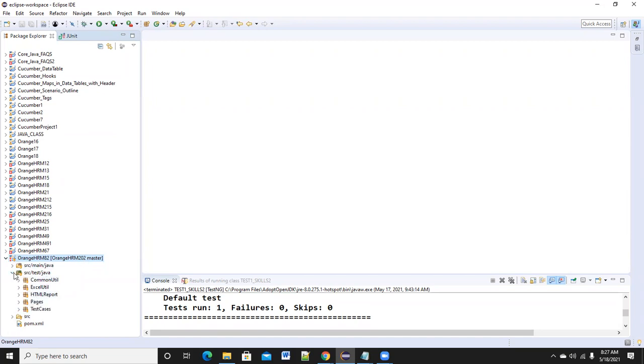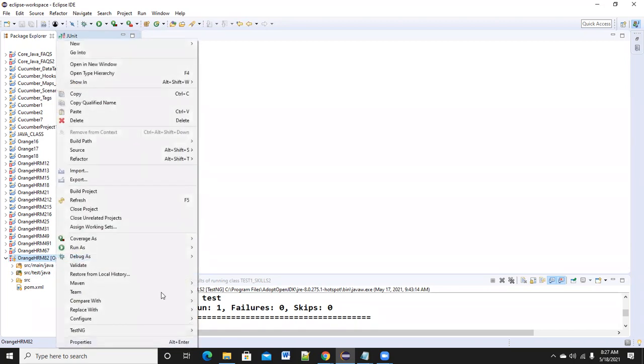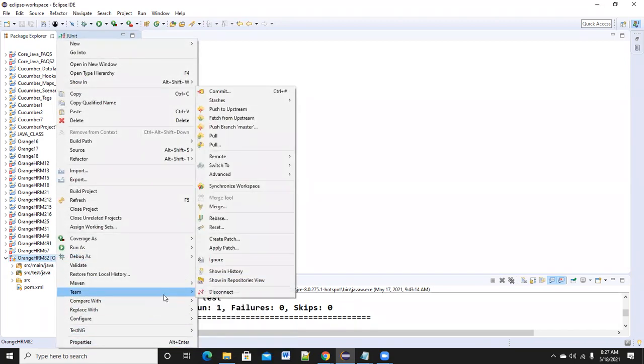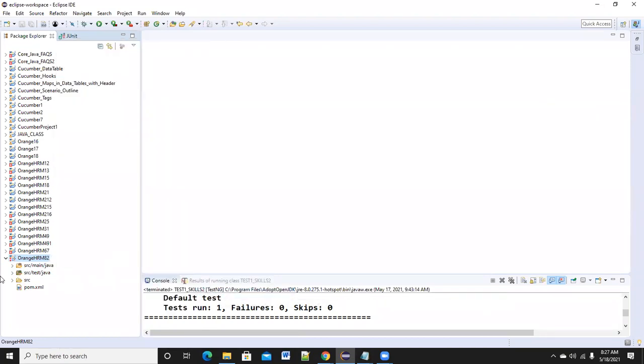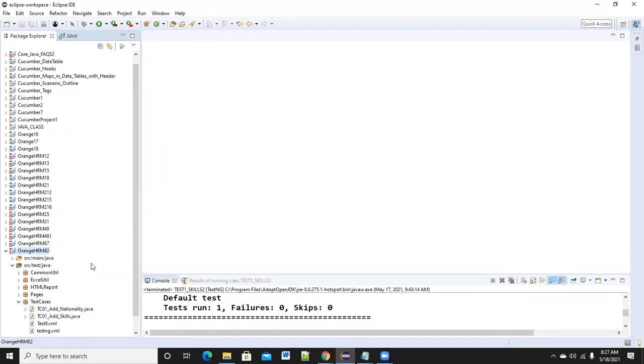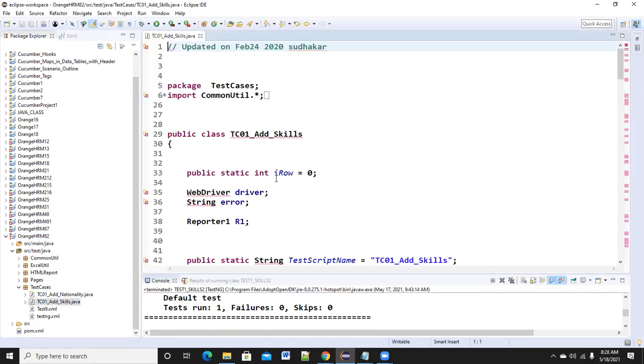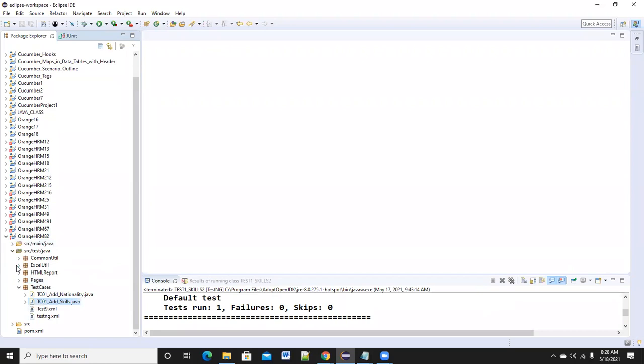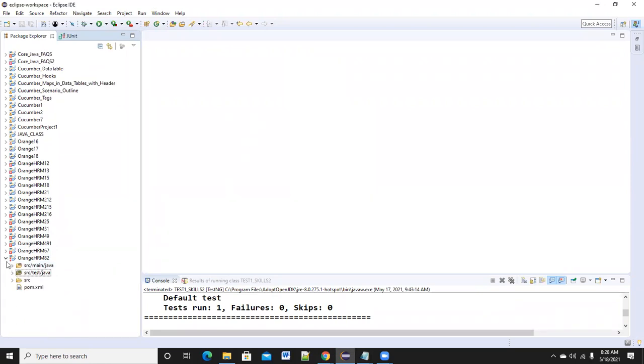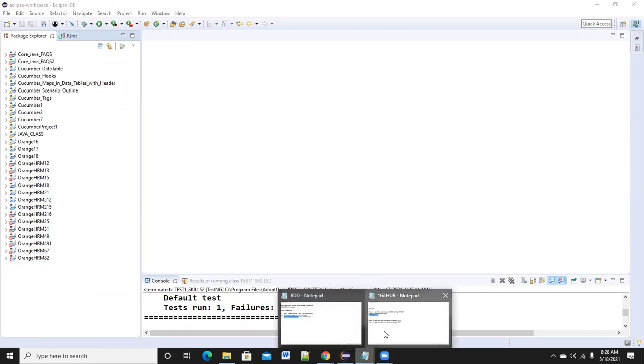So this is the total project code. Here, in brackets, it is showing something, so I am going to disconnect this one: go to Team and click on disconnect. See, now the entire project source code is available in our project here. Understood, right? Like this, you can import the complete project source code. Once you join any organization, they will give you this, and you need to import the projects like this.